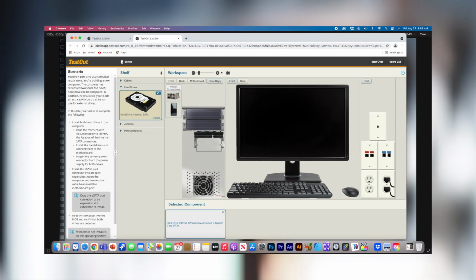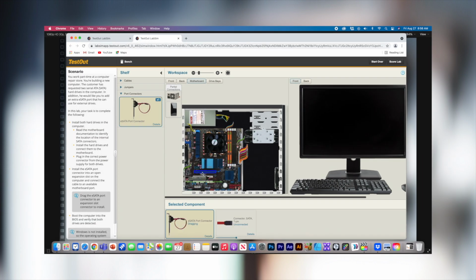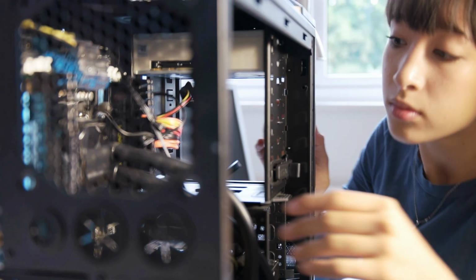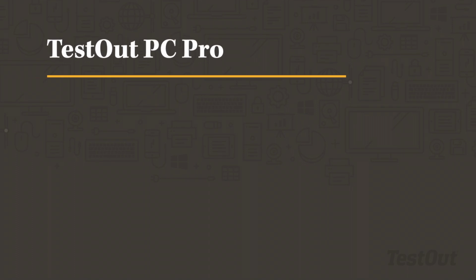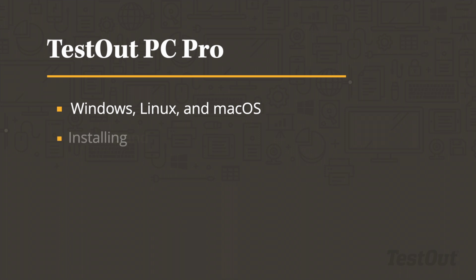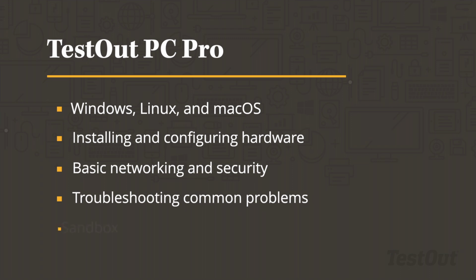TestOut's PC Pro is powered by labs in our interactive simulation technology. Throughout the course, students are given real-world scenarios that will prepare them for tasks they will encounter on the job as an IT technician. Students will get valuable practice with common tasks in Windows, Linux, and Mac OS, installing and configuring hardware, basic networking and security, troubleshooting common problems, and a new sandbox lab that lets students experiment with a